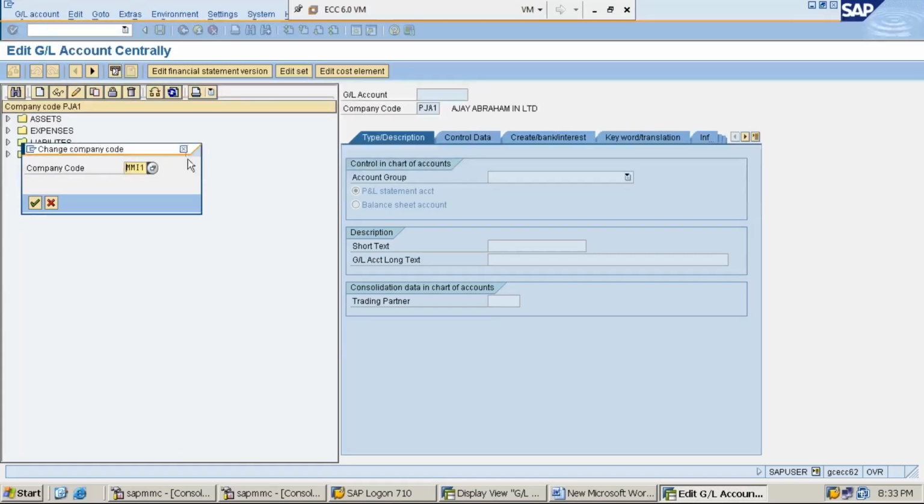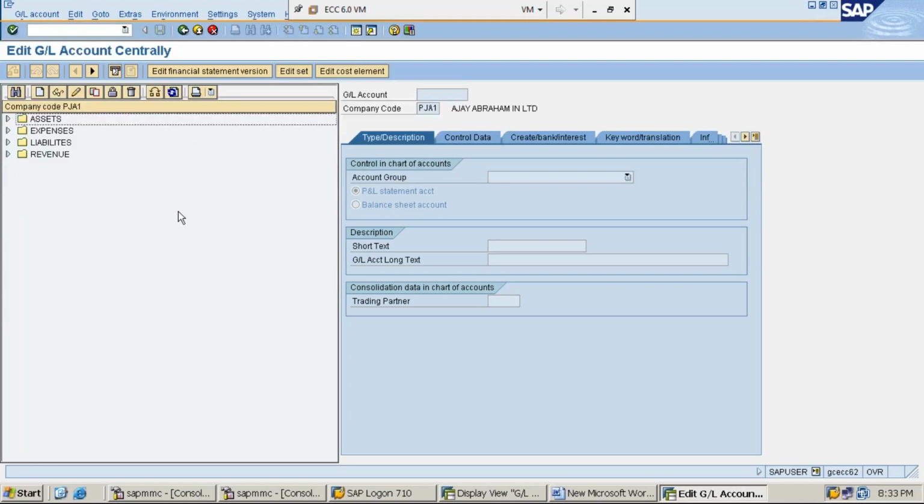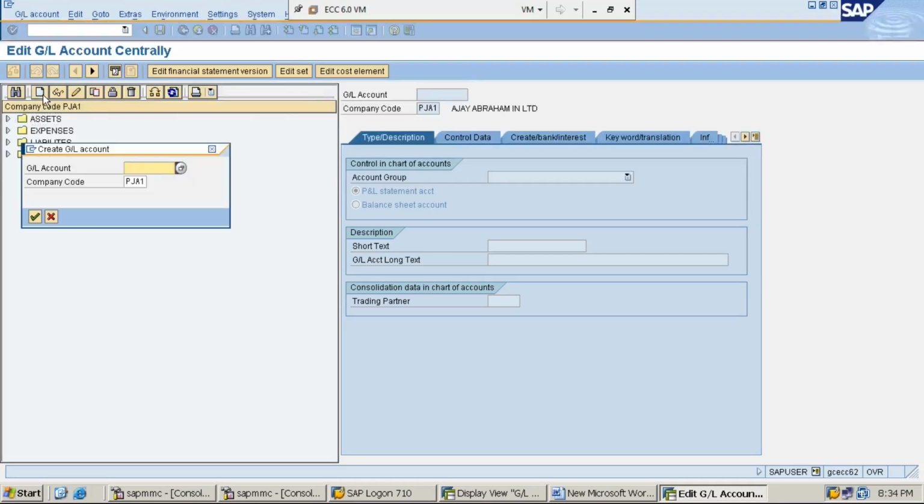Press enter. Ignore the message, press enter. Then click on the create icon. It is something like a new folder, white in color. Click on create.